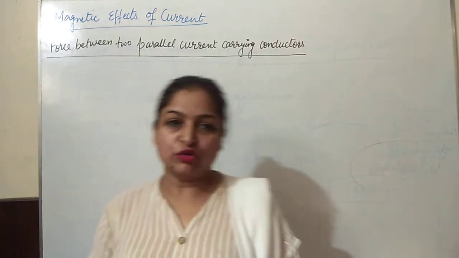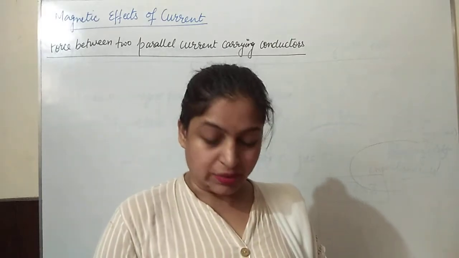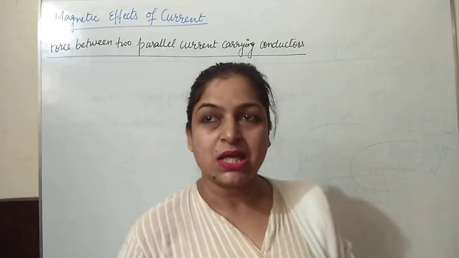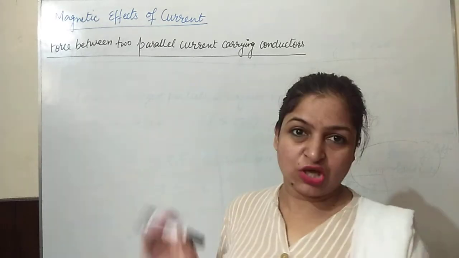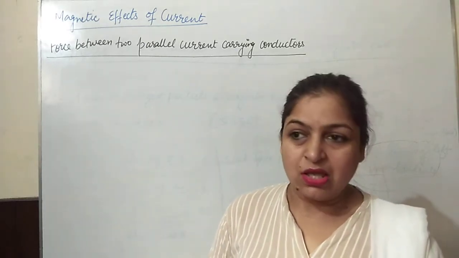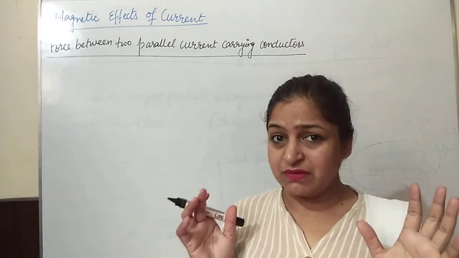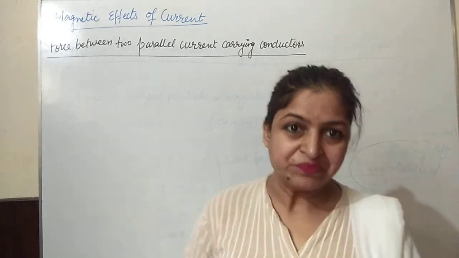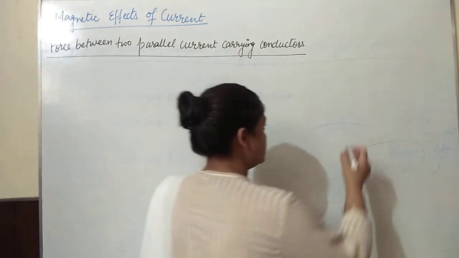Okay, now we know how much force is exerted on the current carrying wire when it is placed in the magnetic field, that is IL cross B. Now we have another topic, force between two parallel current carrying conductors. We'll consider only two current carrying conductors and see how they exert force on each other. So let us consider two parallel conductors first,